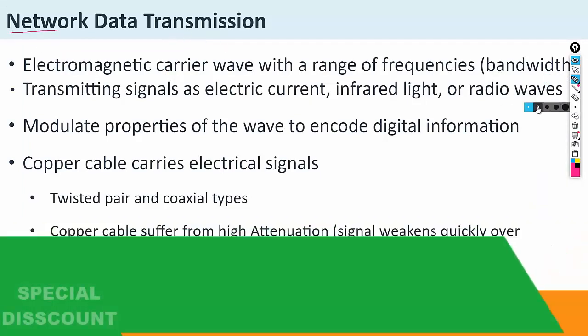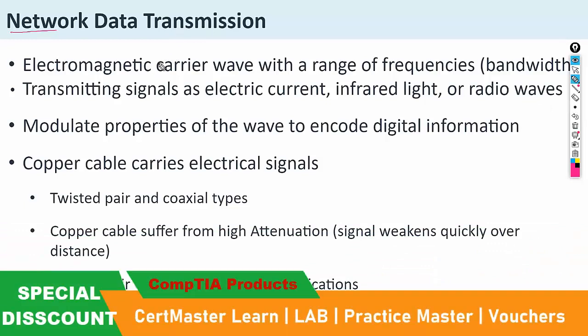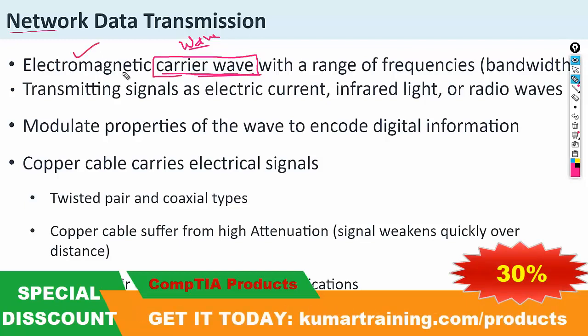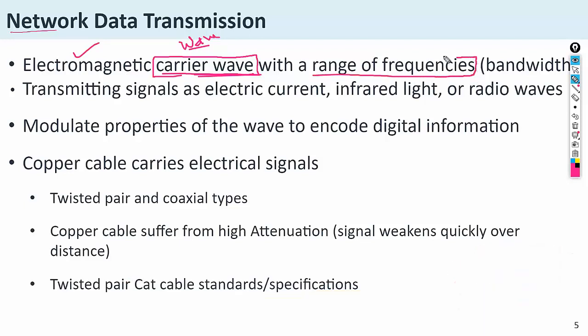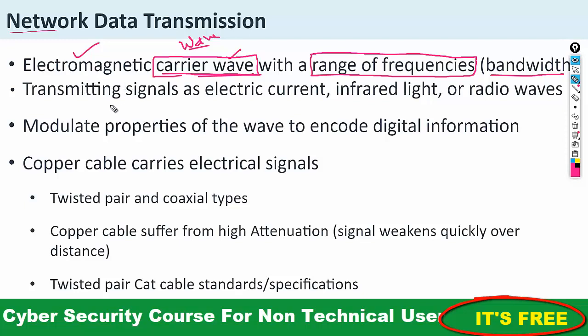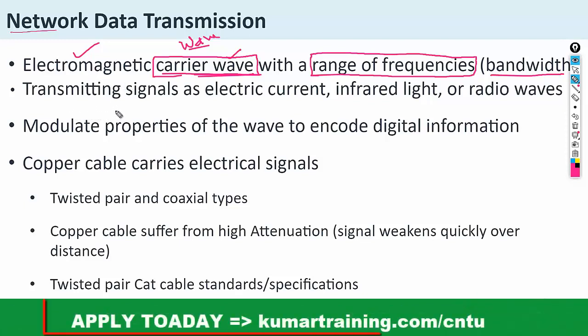When we talk about data transmission, as you know, the data always transfers in a wave format, right? In a wave, it is called a carrier wave, and these are electromagnetic carrier waves having different ranges of frequencies, because every wave has a different type of frequency. This frequency range is called bandwidth. Different frequencies are used by different waves. It is used to transmit the signal as an electric current,